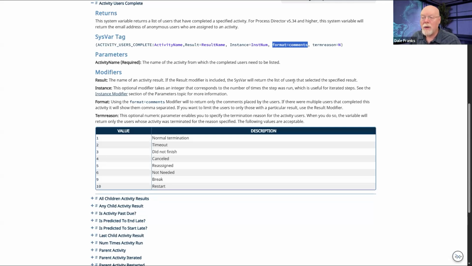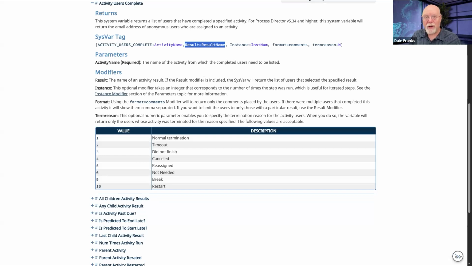You can also make it even more specific. You can put format equals comments and also add the result modifier, which is another optional modifier, which enables you to specify a single result and to only show the signature comments for that result.